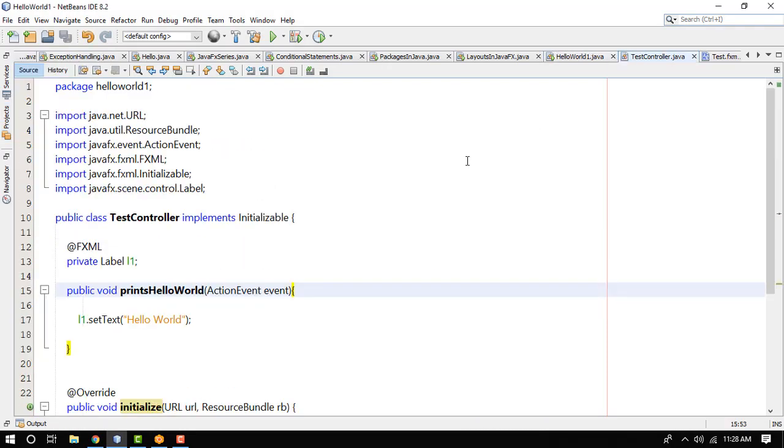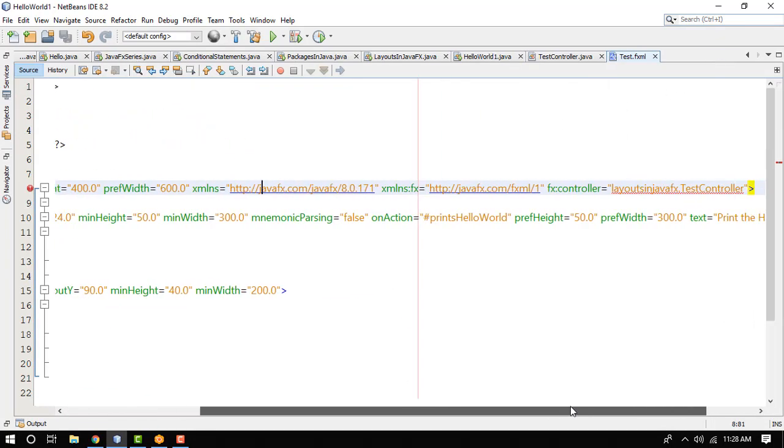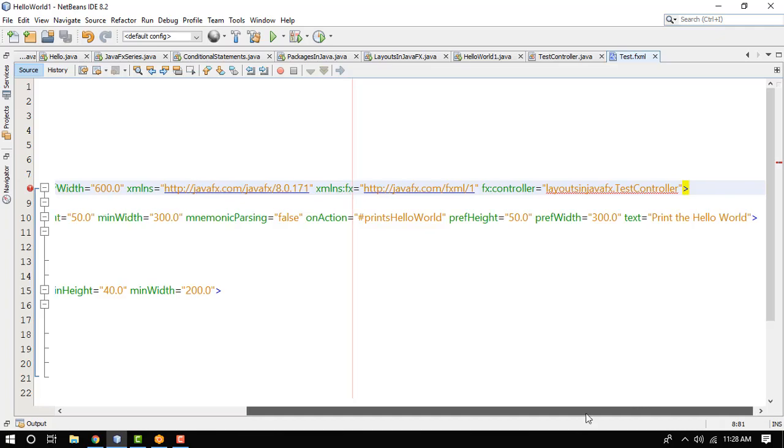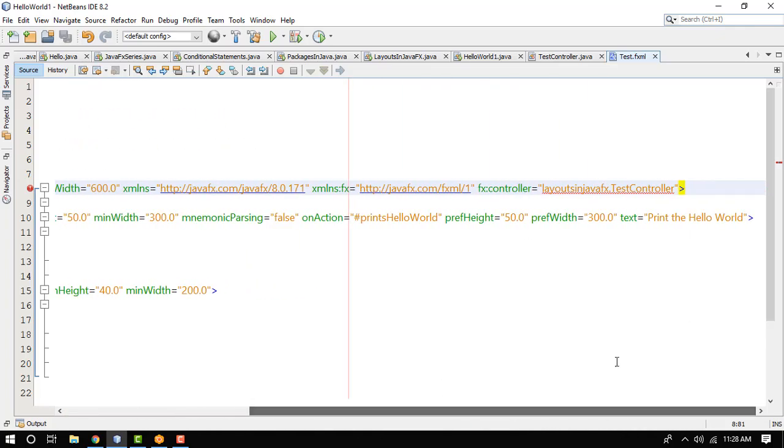Okay, so now what I do, I just also have an error here, so I have to change here, which is the package hello world 1.test controller. Okay, so now if I run my program,